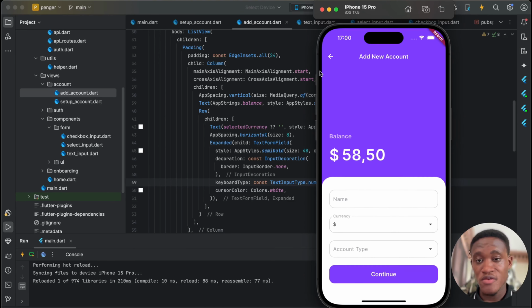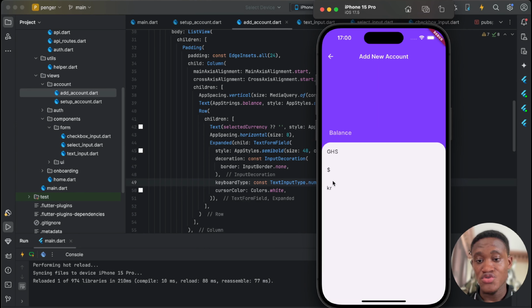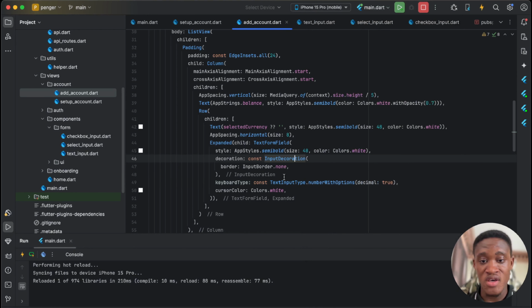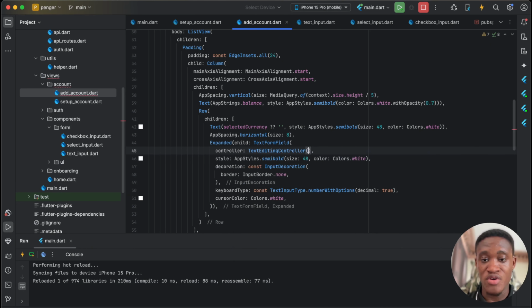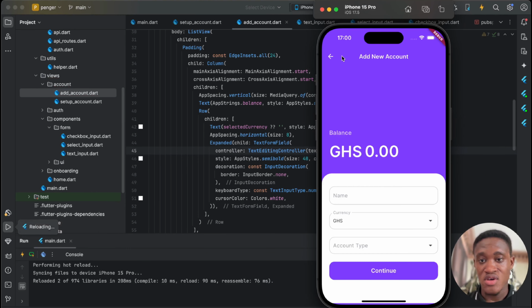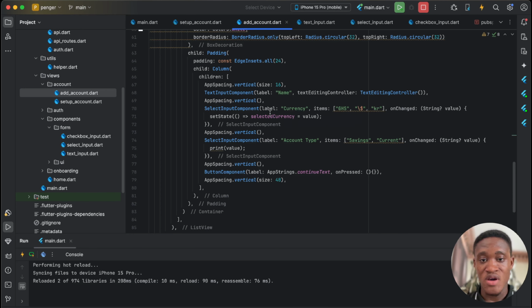So that's the form. When the user comes in, we continue, and then they get the option to choose this and do all that. But we also want to show the user the amount by default. So over here, because we have the test form field, we're going to have our controller, and by default this is going to be 0.00 as text. So when they go back and we come in, by default it is 0.00, and then also with the currency, by default we can go ahead and select